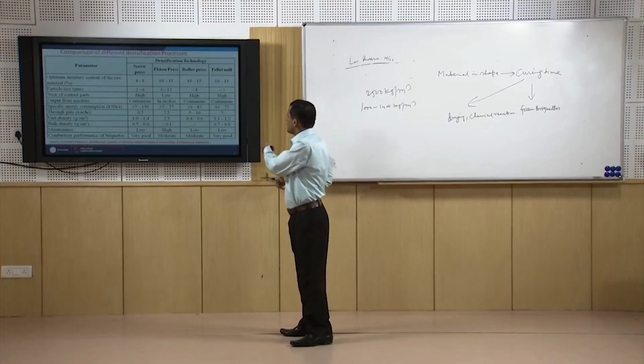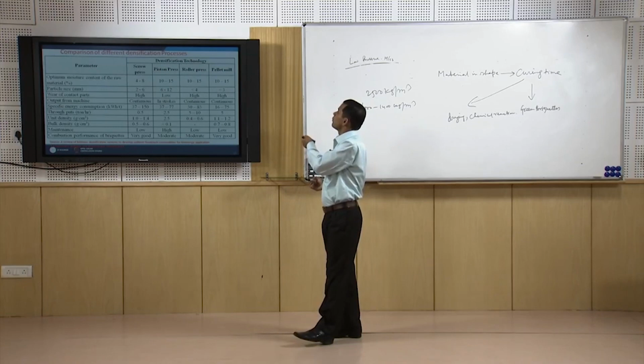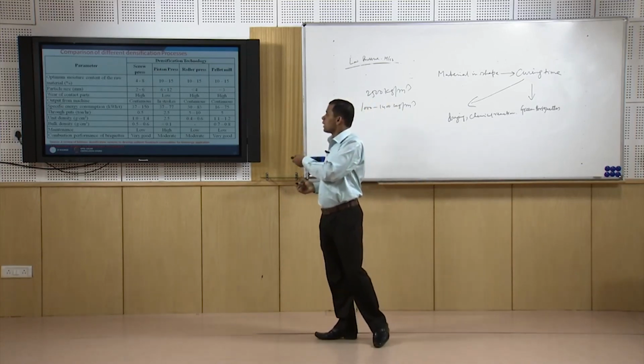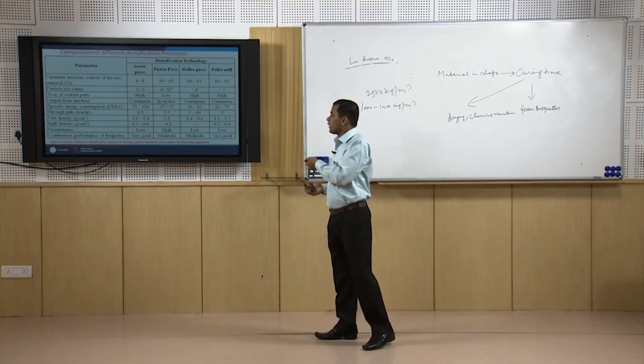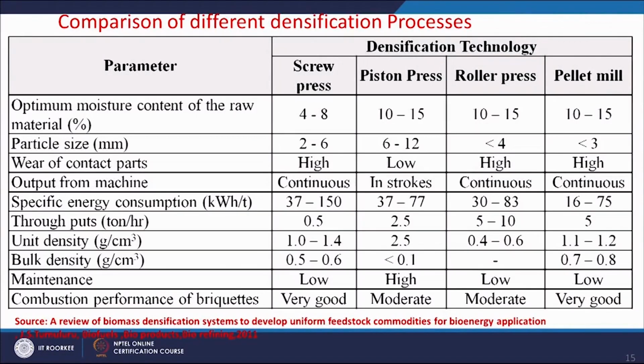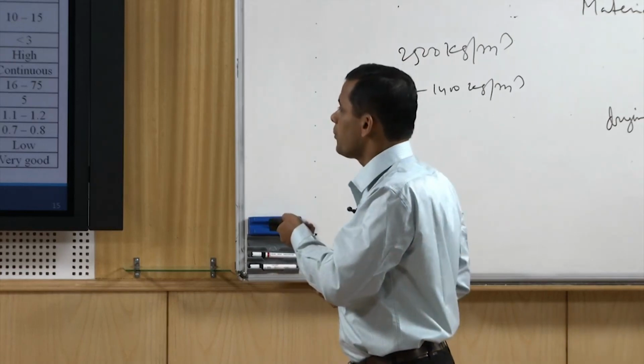But in other cases we see in case of roller press it is less and in case of pellet mill it is also less. So, these 2 give us higher quality, and bulk density in case of screw press is 0.5 to 0.6 gram per cc, whereas piston press is 0.1 or less than this. This is a very important piece of information. Due to the piston press it gives maximum pressure and so the highest density material is obtained,